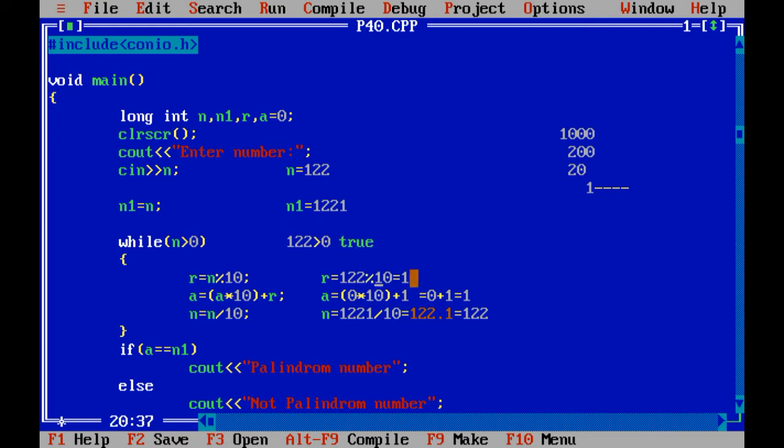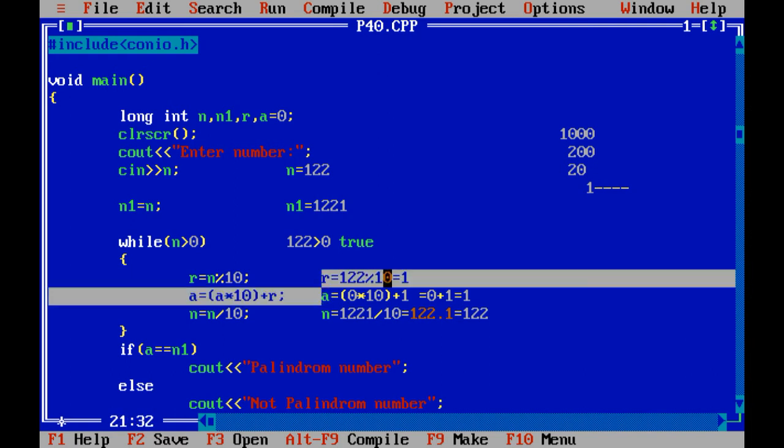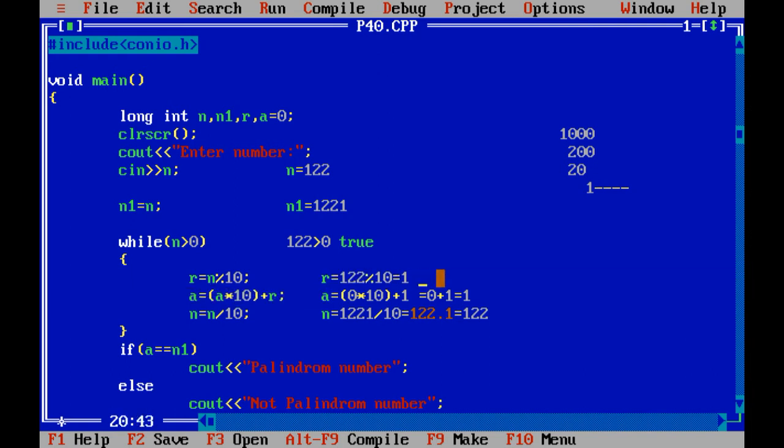Now over here 122 modulus 10, the value of r would be what? It is 2. Now what happens? The value of a would be 1, see over here from this line. So let me clear this all, and the value of a would be 1. So 1 multiplied by 10 plus the value of r, which is 2.